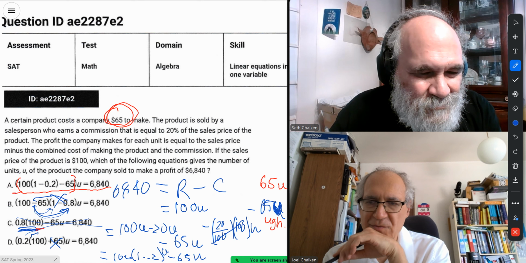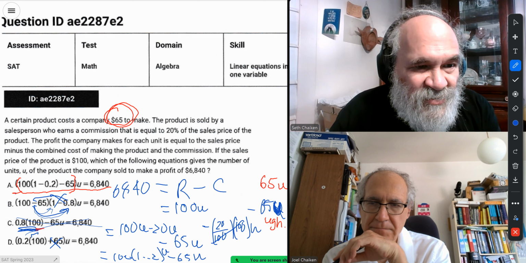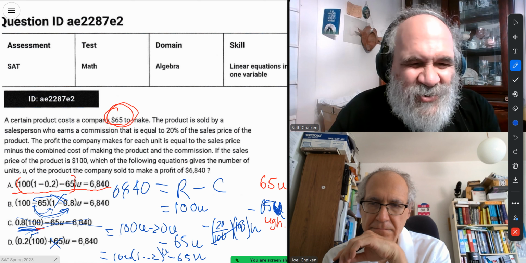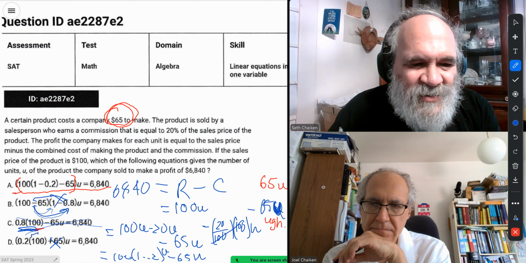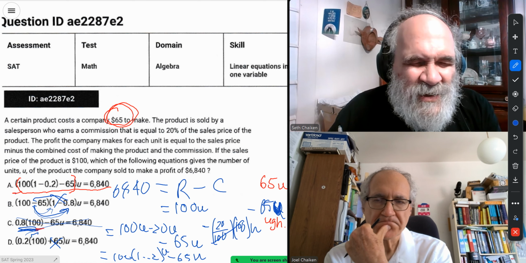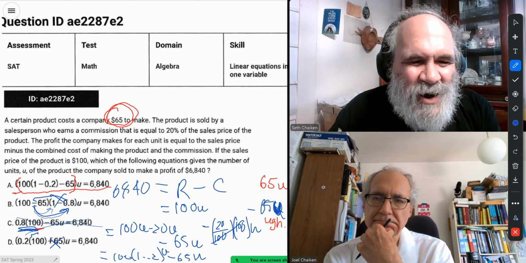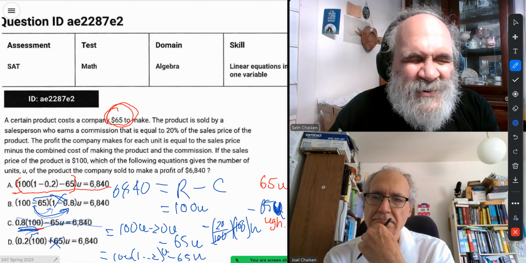So all the other ones really are multiplied by u. Yeah. So the salesman's commission does not come off of the manufacturer's costs. Here, this one, the salesman's commission is taken off of the manufacturer's